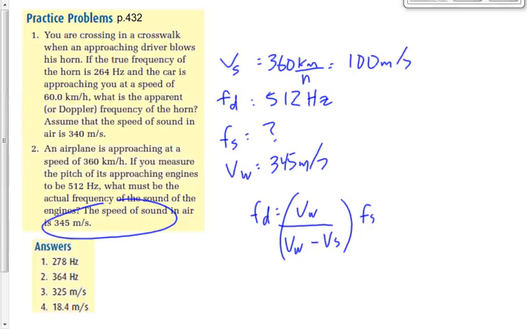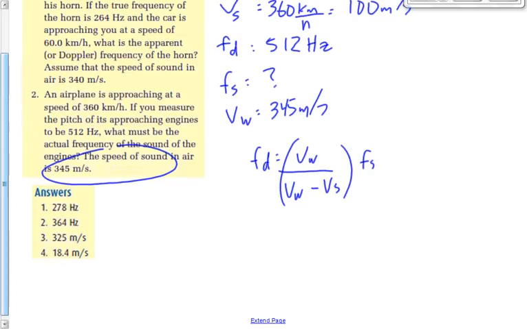So let's rearrange it. I told you that I wouldn't give you a question where you had to solve for VW or VS. That's too hard. Okay, that's too hard to rearrange. But solving for FS isn't that bad. All we're going to do is take this entire term right here over by dividing. So it becomes FS is equal to FD over